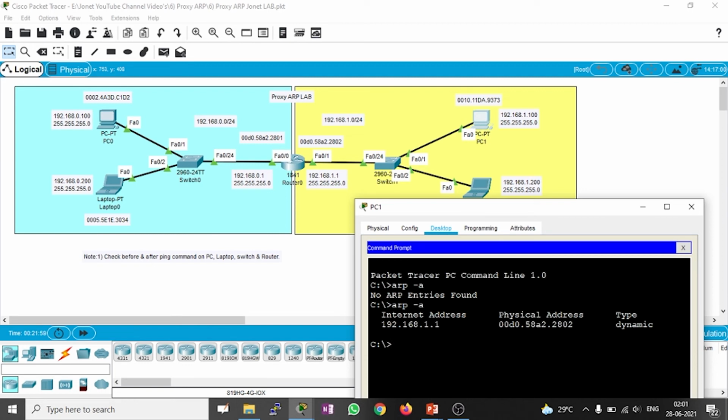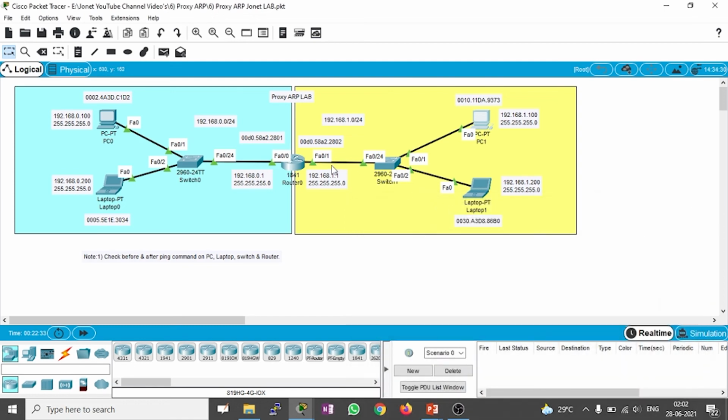Here you can find your network gateway IP address and its respective layer 2 MAC address. So this PC1 just replied to the packet. It did not initiate the communication, it was initiated by PC0. So it will only get its own MAC address and the layer 2 address of the gateway. So this is called proxy ARP.